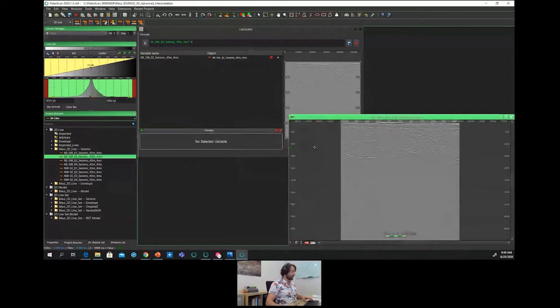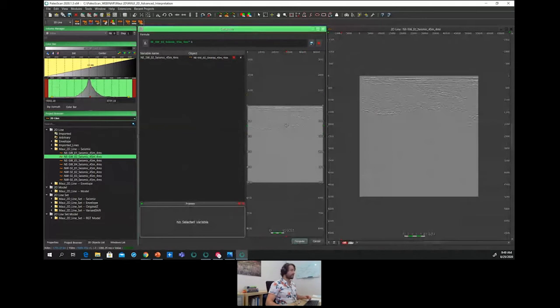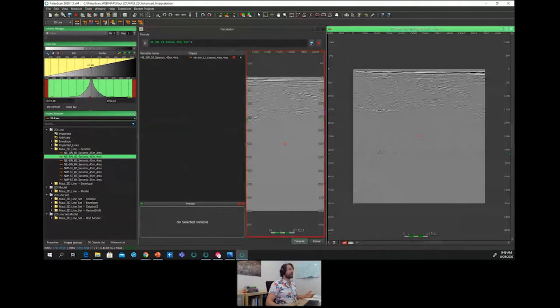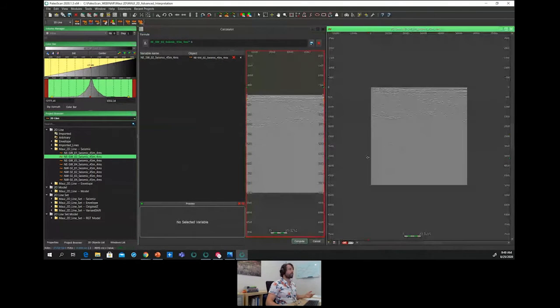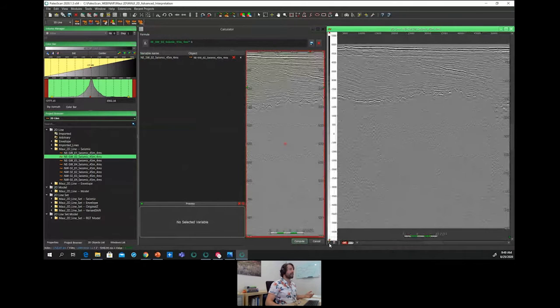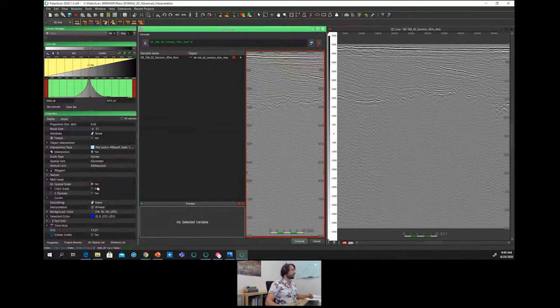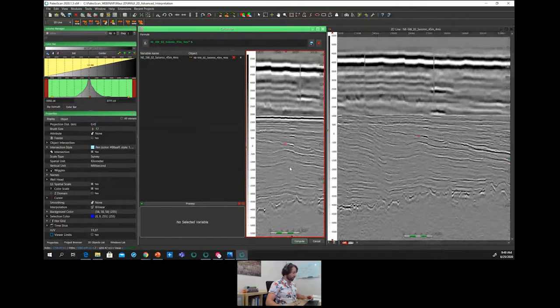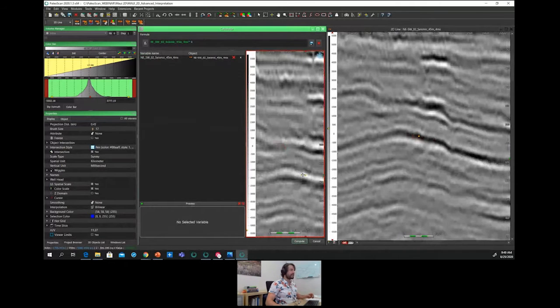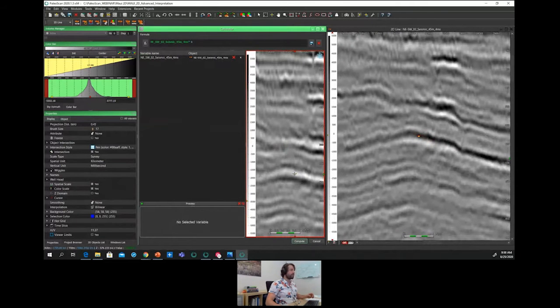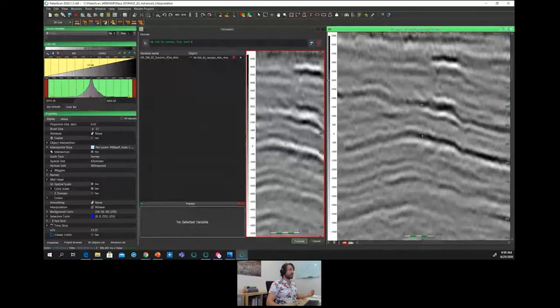So I just have to preview. I can open the same line in 2D, like that. I can synchronize them by dropping one viewer within another one. I can display the color scale. I can do the same for this viewer thanks to the properties window, color scale. And if I decide to zoom in, if I cross-navigate within this trough reflector, it corresponds to a peak reflector within the original data. We have simply applied the reverse polarity.